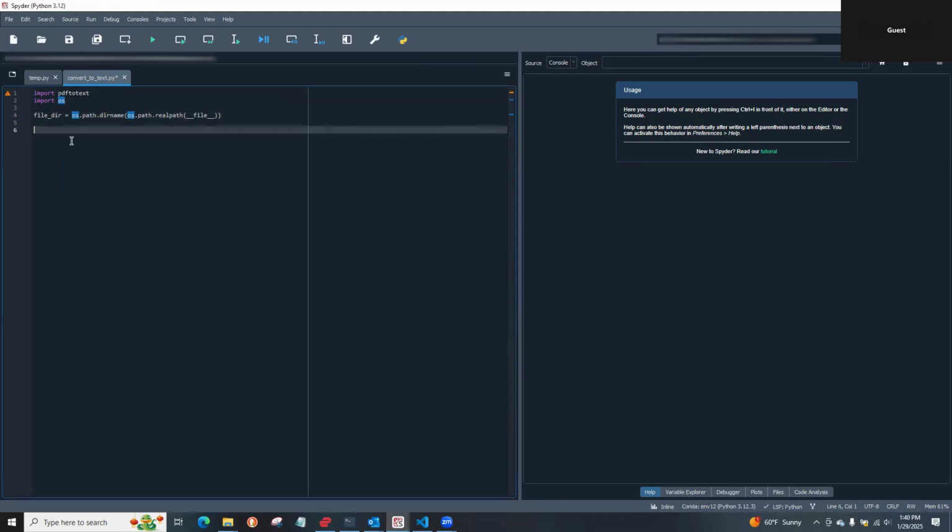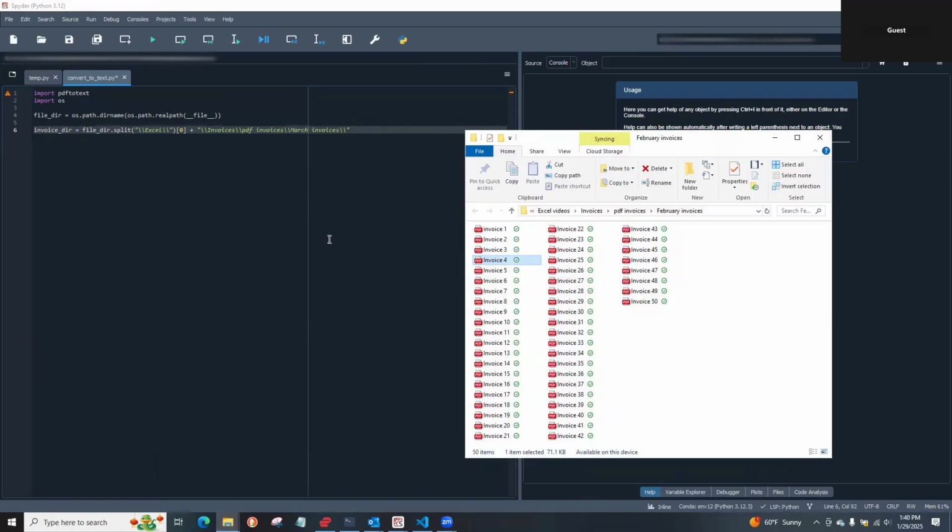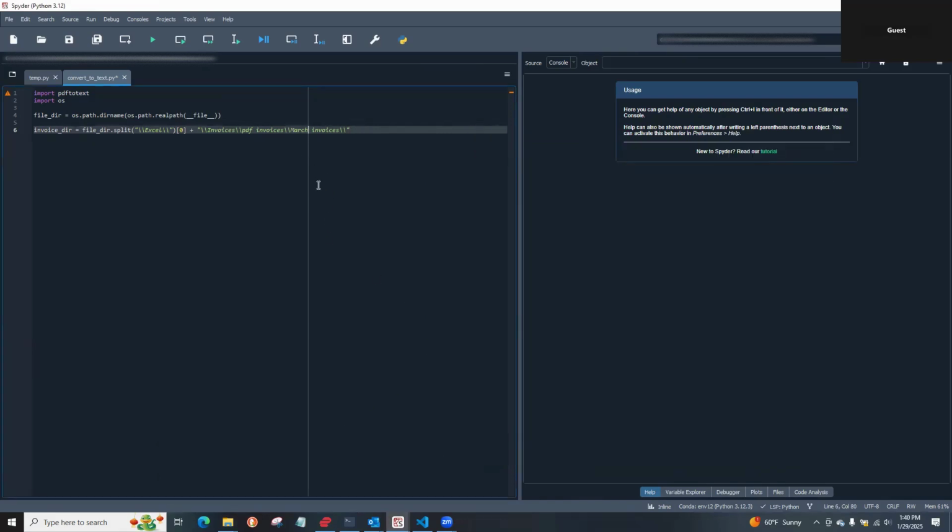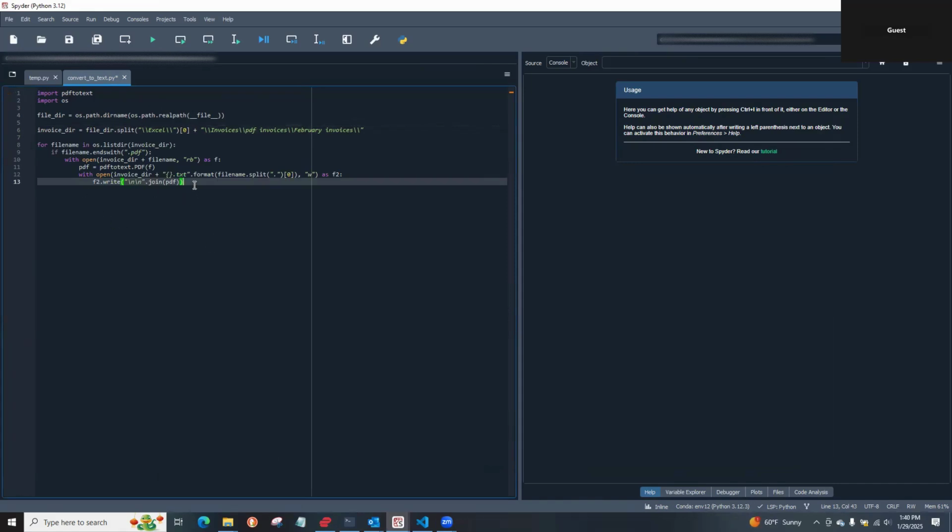This one points to the folder where the invoices are saved. Let's work with February first. And now we'll create a for loop. So I have a snippet for that. So for loop